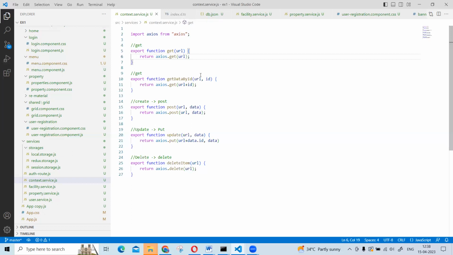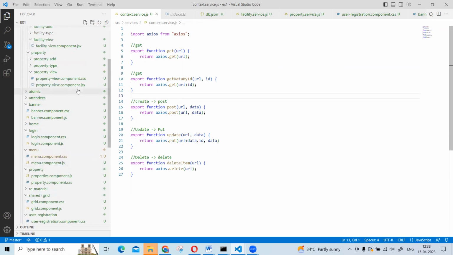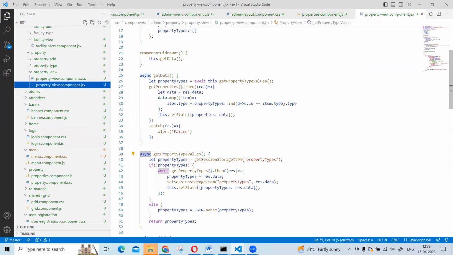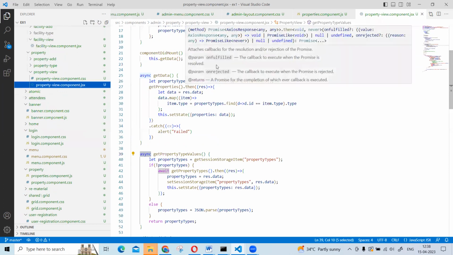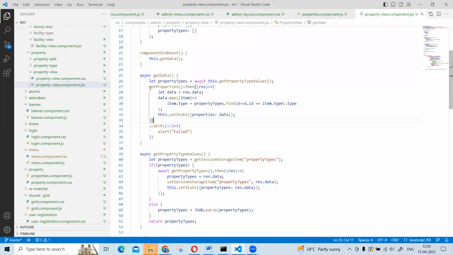Okay, so next, what is meant by subscribe? See here, I'm going to get the data, right? So this will return the data, but do I need to get the data or not? Team, do I need to get the data or not? If you want to get the data, you need to subscribe. So then is the subscription function. Who is subscribed? A promise will be subscribed by the subscriber. Then is the subscription function of a promise. Once the promise function is executed, we get a response back. The response we are going to bind as data to a variable state. Clear? This question will be asked in the interview. The promise and